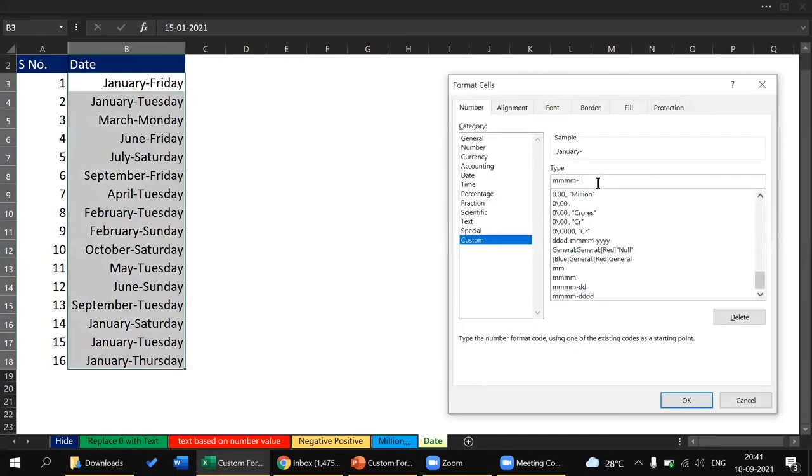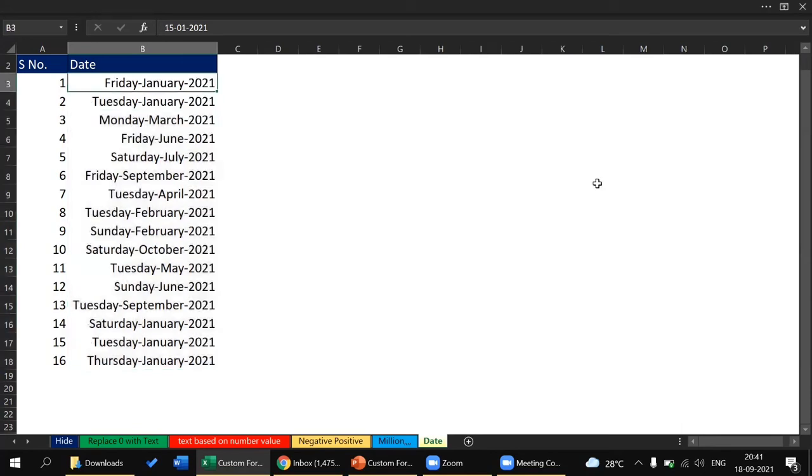If you want to place the day first, you can do that by adding the 4 Ds in the first place before the 4 Ms. And if you want the year also, you can do that. In this way, you see 15 January 2021, the actual cell value, is being displayed as Friday, January 2021. In the formula bar, the cell value is totally different, but whatever you want, you can get it using custom formatting.